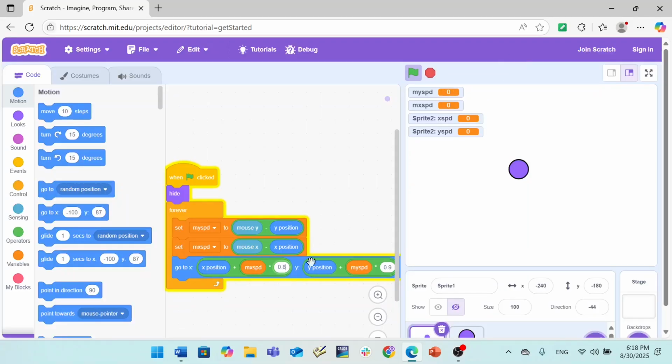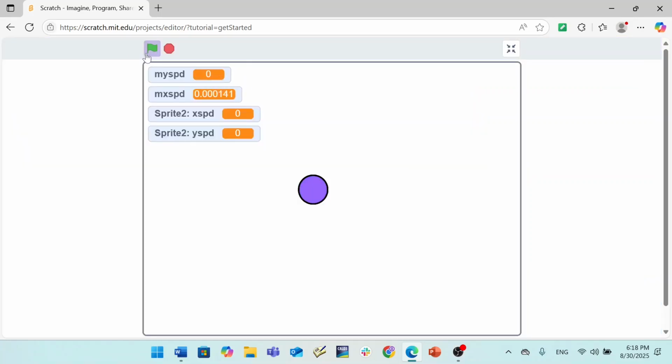And let me set this back to 0.8. Anyways,